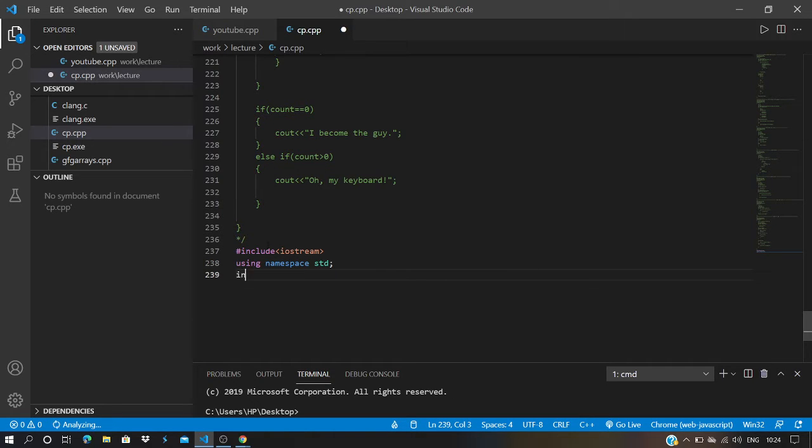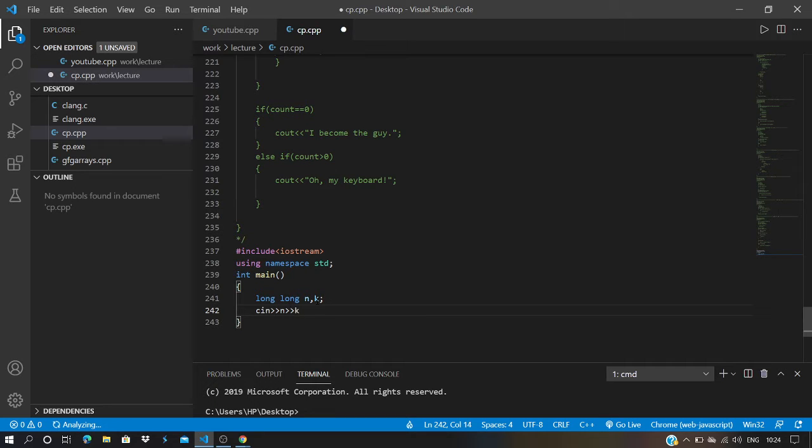And the main function, braces, and then long int, not int, long. What are the inputs? N and k. Yes, n and k are the inputs. Now we just take them from the user.